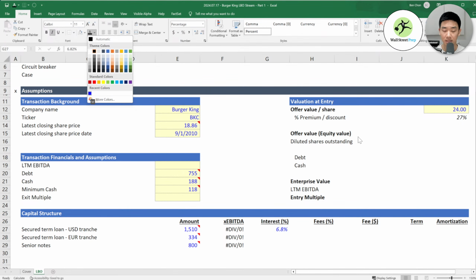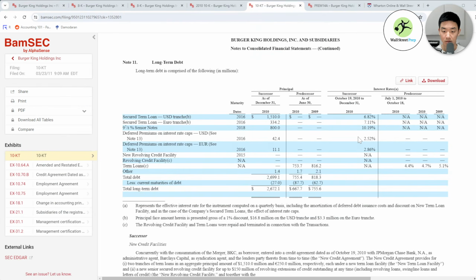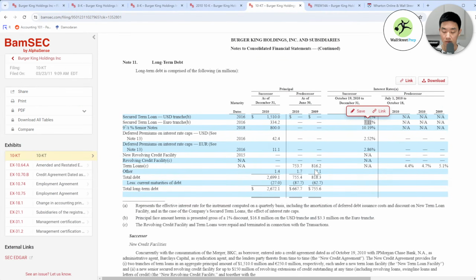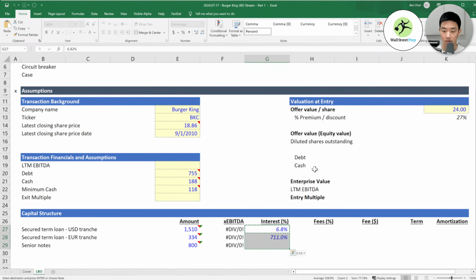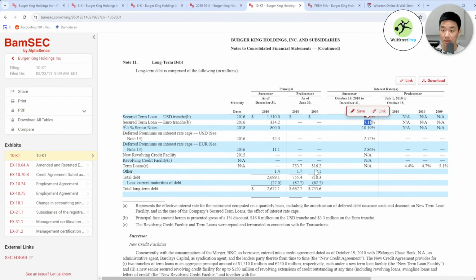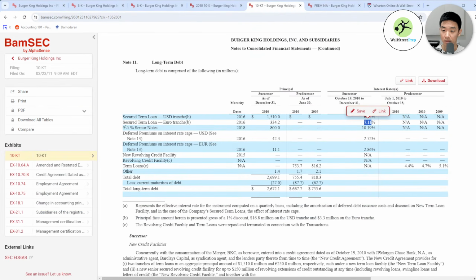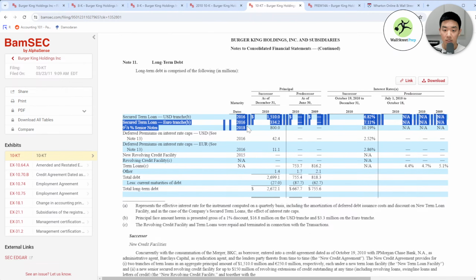Blue color coding means it's a hard code, by the way. 6.82%, 7.11, 10.11, and then 10.19%. You can see the maturity dates.